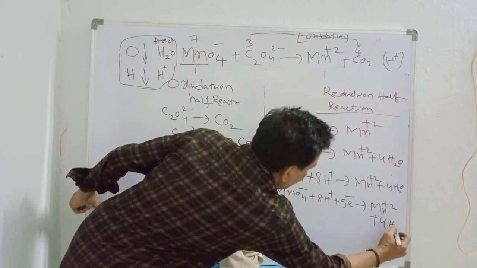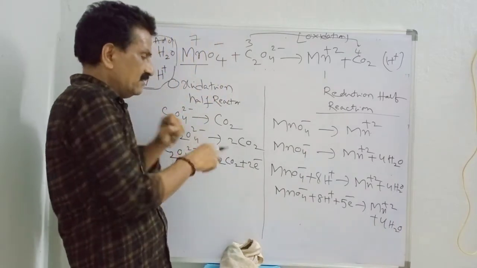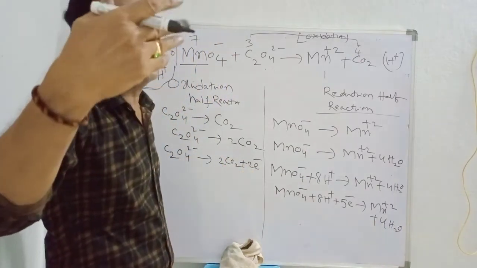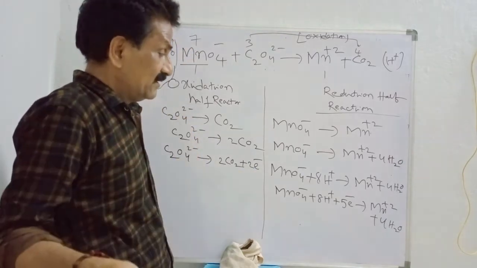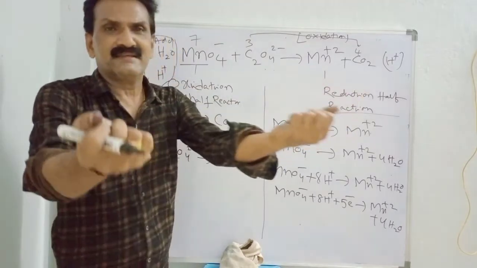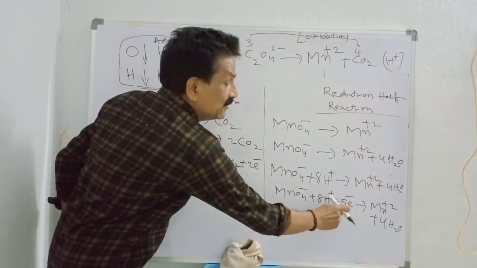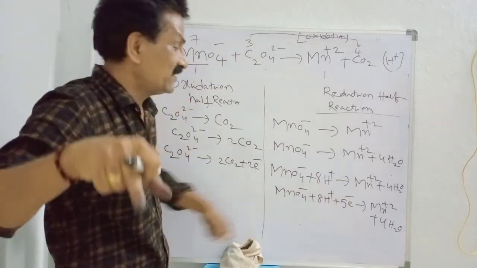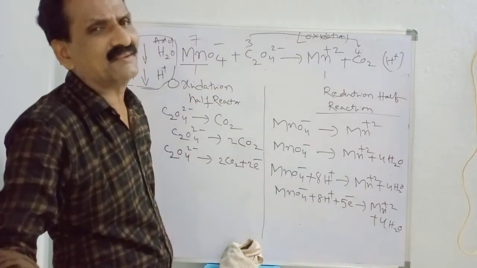Am I correct or not? If it is a negative charge, where negative charge is less, you have to add 2 electrons. And again, to adjust, this is the reduction. Reduction means gaining of electrons. You see, on the left hand side we have added electrons. That is nothing but reduction.